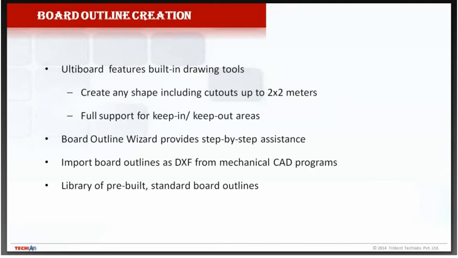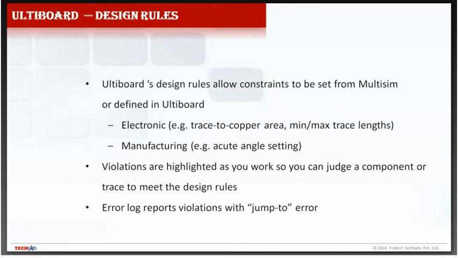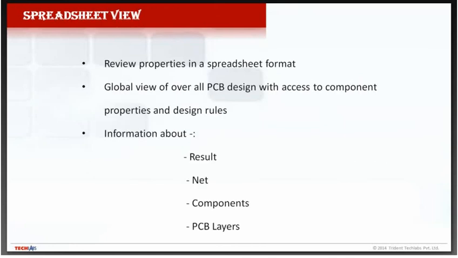What will be the size of the board, what will be the type of the board, which kind of layer will be imported, whether it is copper or any other material. Those kind of design rule checkings are there. For electrical or manufacturing rules, we can view some of the reports, like what is the result of our design rule check, component list, net connectivity report, which pin is connected with which pin, that is the net report, and PCB layers, the different layers on which we have made the connectivities.